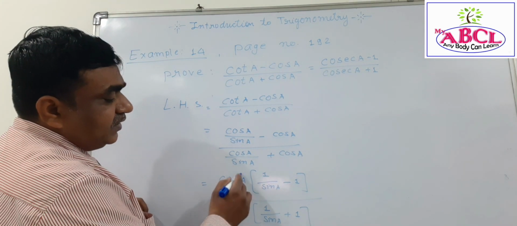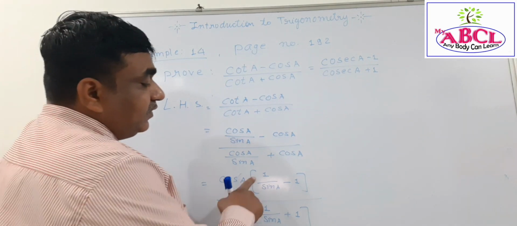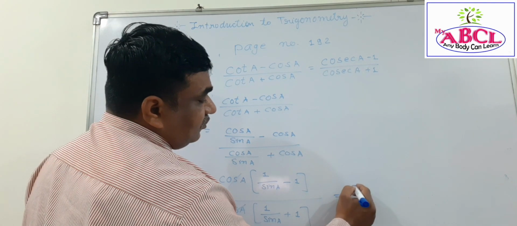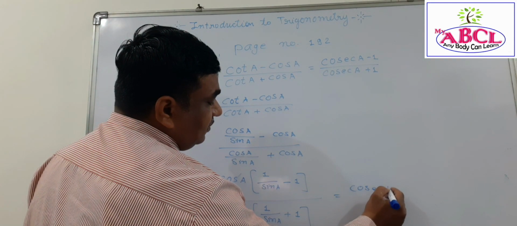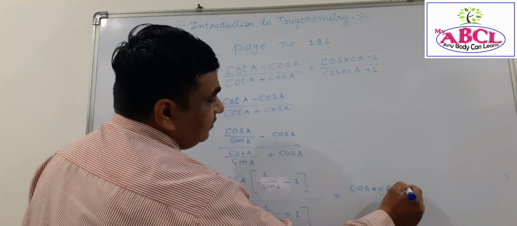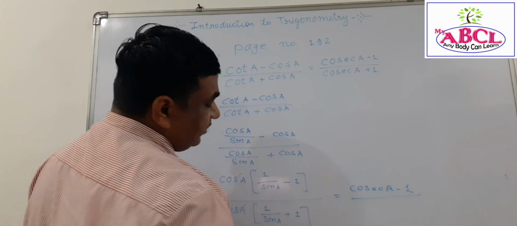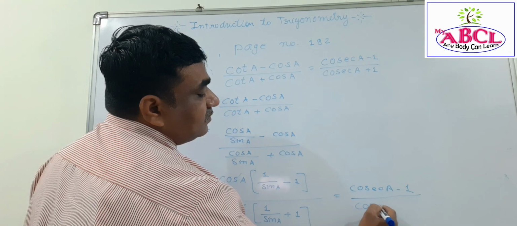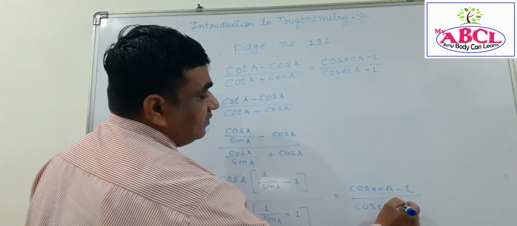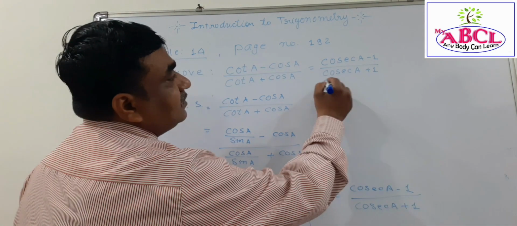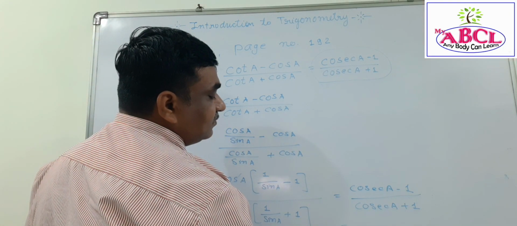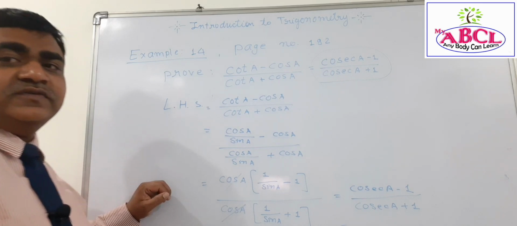This cos will be nullified, and we know that 1 upon sine A is cosec A, so it is equal to cosec A minus 1, and in the denominator same thing, 1 upon sine A is cosec A, plus 1, which is our right hand side. Okay, so it was a very easy